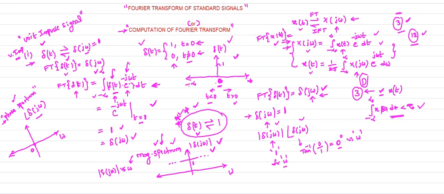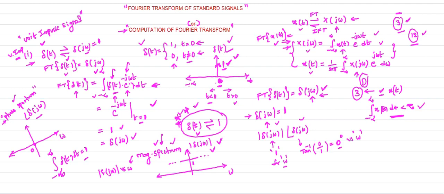If you observe the unit impulse function, if you integrate delta of t dt, you should get a value of 1. That's why we indicate here that at time t equal to 0 it is represented by 1. This 1 is nothing but the area under the impulse function. I told you these concepts while discussing the standard signals. If you want to use this formula, the signal must be absolutely integrable, otherwise we cannot apply this formula.